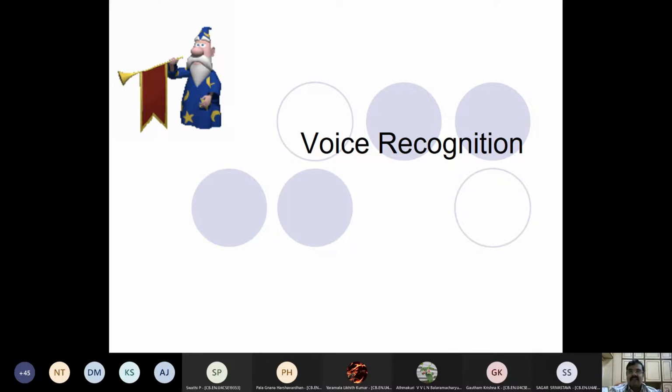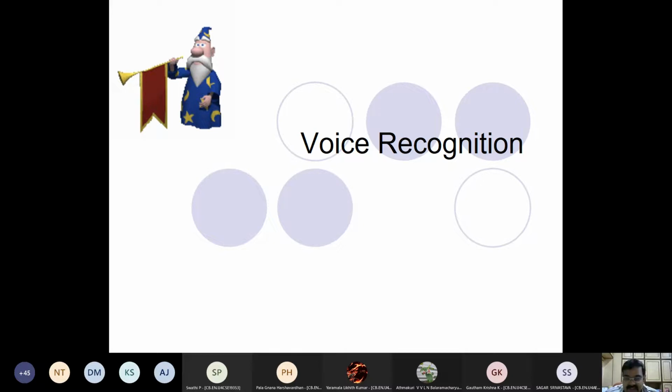But what I'm trying to say is that both of these are generally good physiological biometrics. They are not expensive. They are easy to process. They are easy to have computational mechanisms, and storage is less. So they are popular. Now, today I am slightly deviating and starting with one behavioral biometric, namely the voice